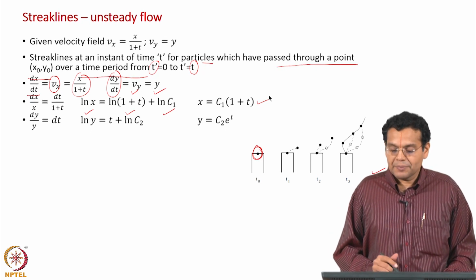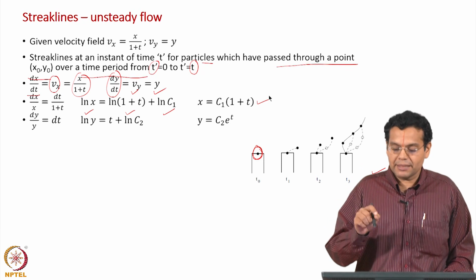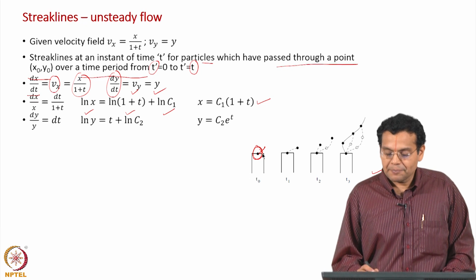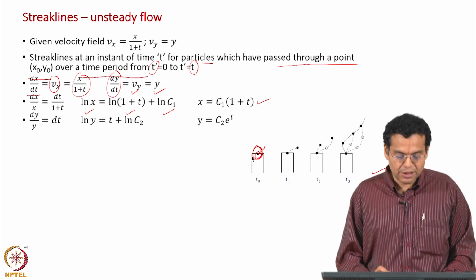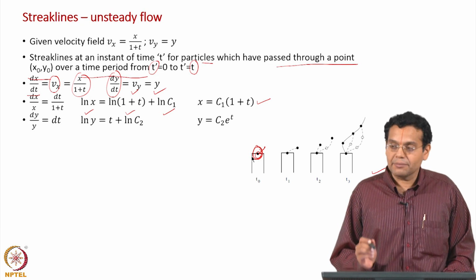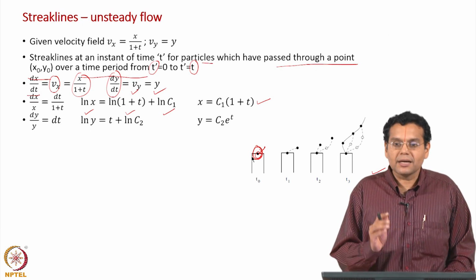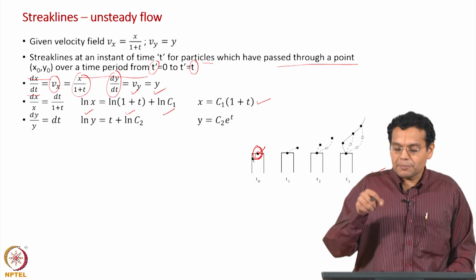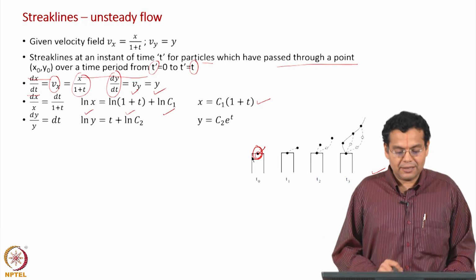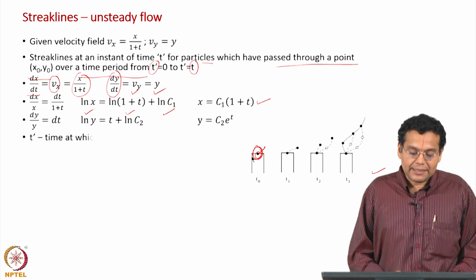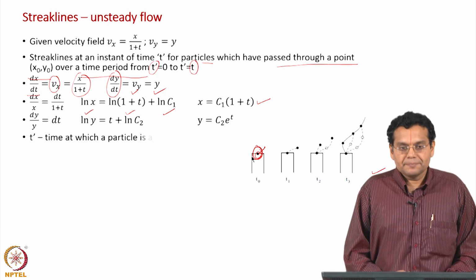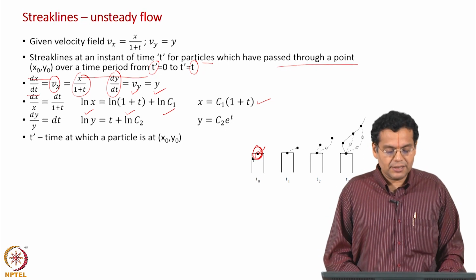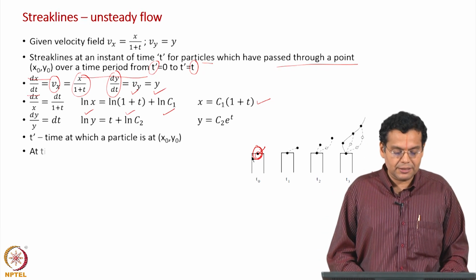What is known here is that at some time t dash, a particle is at this position, and at some other time next to t dash, some other particle is here. So, the condition known to us is at time t equal to t dash, we know the coordinate, not at time t equal to 0. We know the condition at which the particle is entering, the first particle let us say 0, then first, second, etc. So, t dash is the time at which a particle is at x naught, y naught. I would define that to begin with itself.